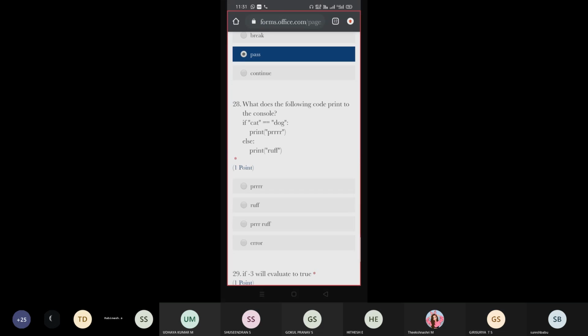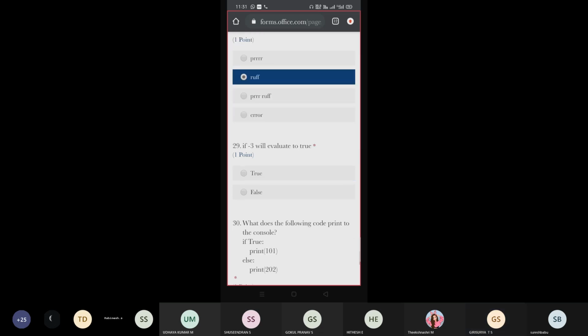Next, if cat equal to dog, print PURR, else RUFF. The condition fails, so it goes for else, and that is the answer, the second option.